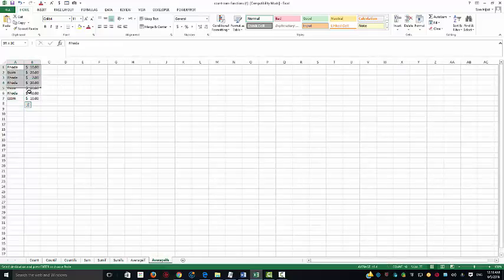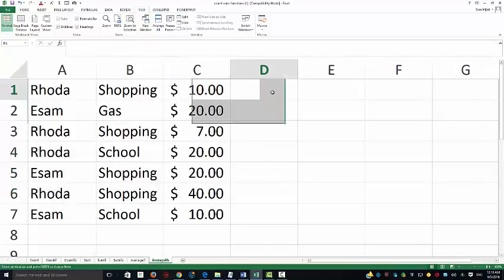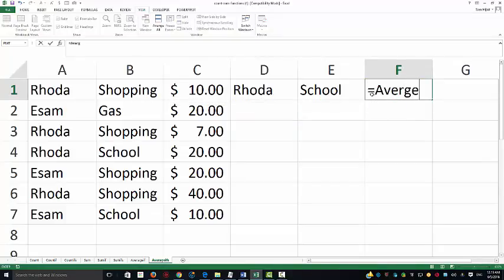So let's copy that here and paste it, and now I'm going to view it by zooming the selection, and notice here we could apply it to Rhoda. And let's see schooling. So let's see how much her average is in schooling, and we'll do that as AVERAGEIFS. I don't know why I'm possessed with SUMIFS. So let's do AVERAGEIFS and open that, and we're going to first get the actual figure that we're going to average, comma,